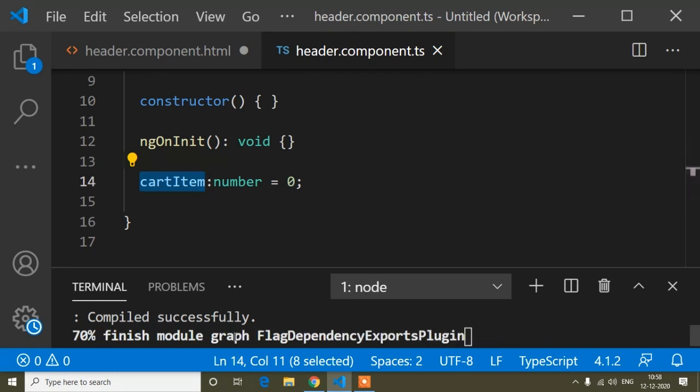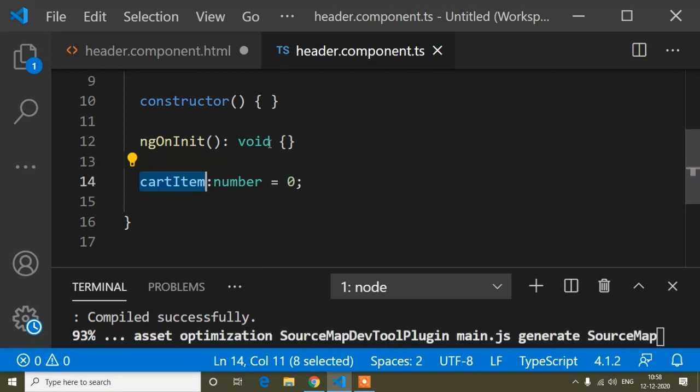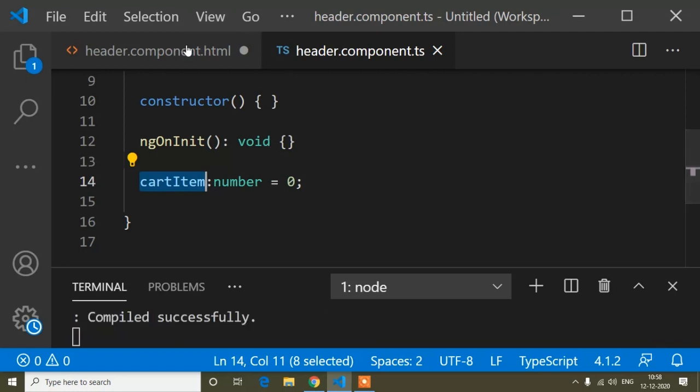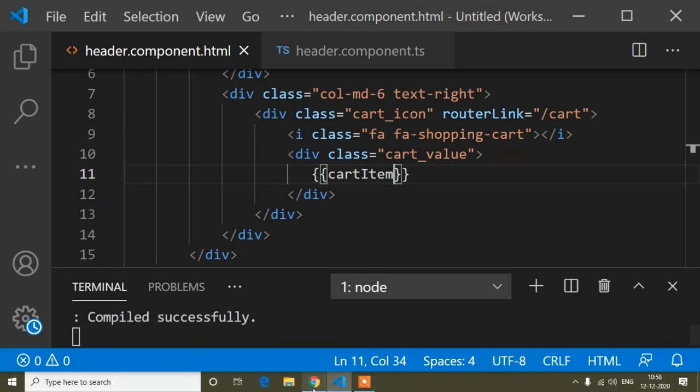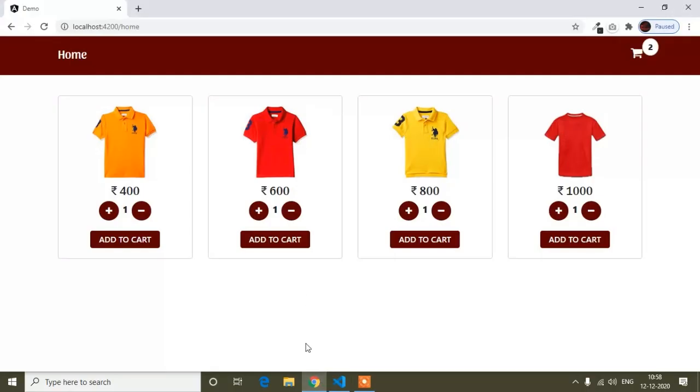Now it's compiling, and I will save the HTML page also. Now it's saved and compiled successfully, you can see here. Now I will check the browser.